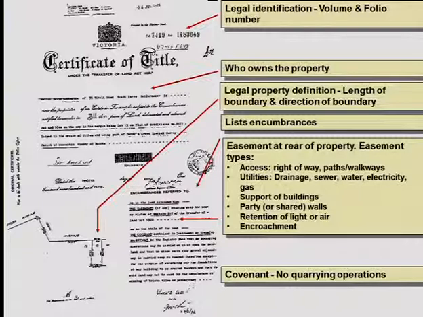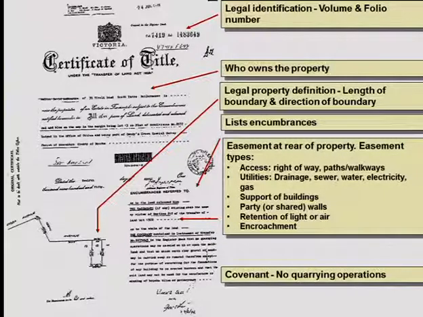The title will also give you any conditions that apply to the site, and these are called encumbrances. And it'll list all these conditions that might apply to the site. So in this case, there's an encumbrance for access. There might be encumbrance for,